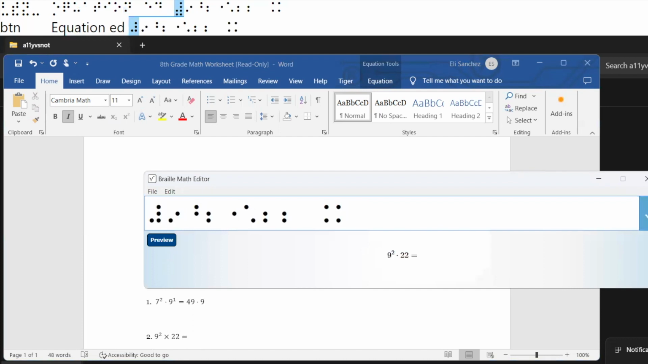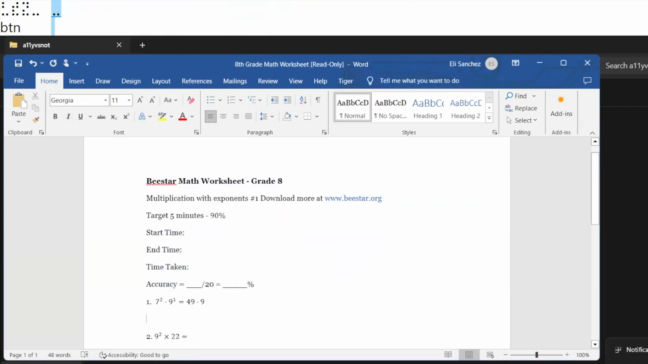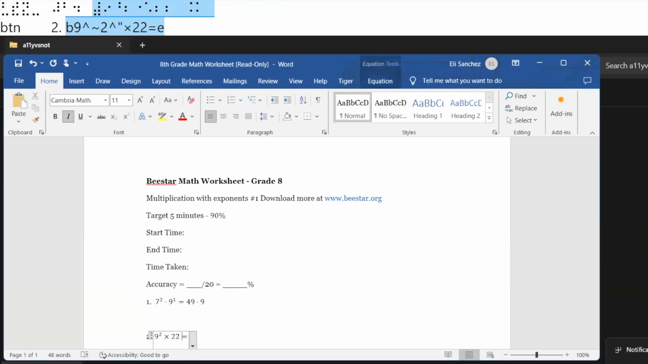Braille Math Editor. Equation edit. Ooh, yeah, man. He did it. So here I'll give you guys an actual step. We're going to start off in our Word document. I'm going to land on number 2. Math content 9 squared x 22 equals. So I'm going to go to the end of the line, end equation, press left arrow so I land on the equals. Equals math content. Then I do insert space,